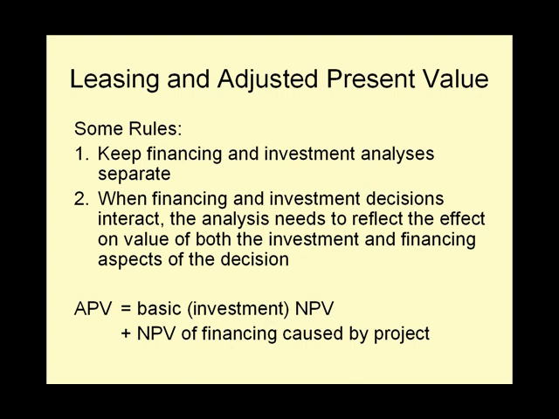Hence, we make investment decisions based on the cash flows of the business opportunity, discounted at a weighted average cost of capital, which reflects the overall financing cost of the firm. We make financing decisions to achieve a goal of minimizing the overall cost of financing the firm, that is, minimizing the weighted average cost of capital. But occasionally the investment and financing decisions are intimately related. They can't be disentangled. In these cases, we may have to consider an adjusted present value.